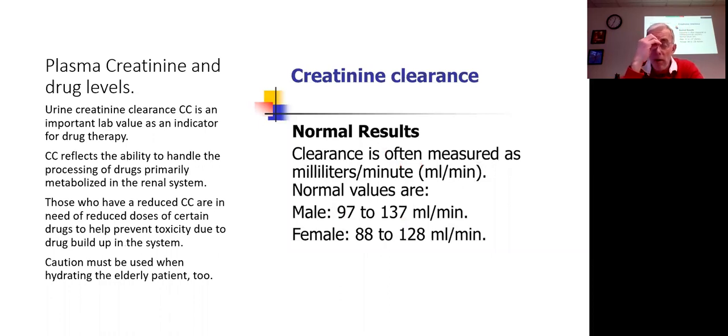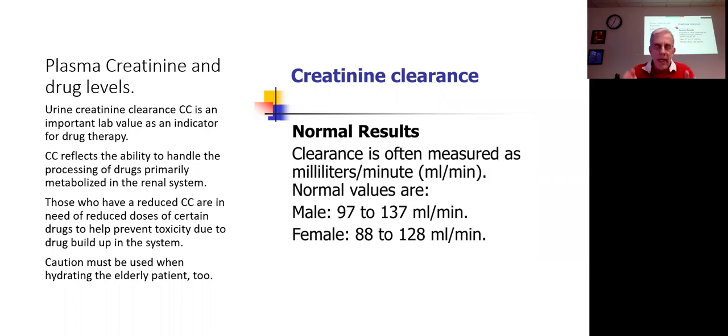This is very important. I saved this for the last. You don't even have to be older for creatinine clearance to be an important aspect, and that's why we look at creatinine clearance in the bloodstream. Because this is how the doctors, the pharmacies, and even the nurses are part of the process of why